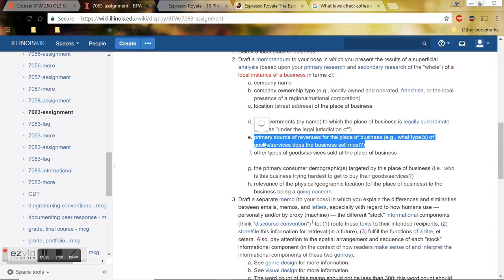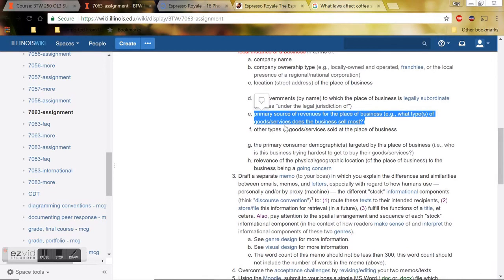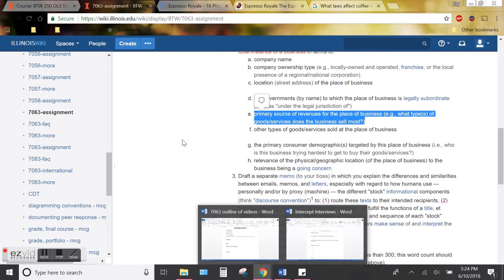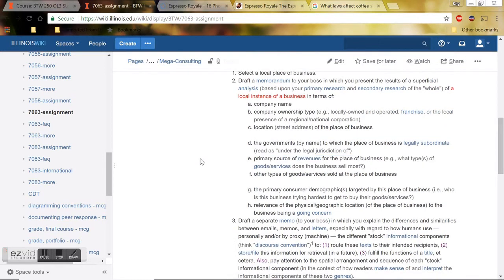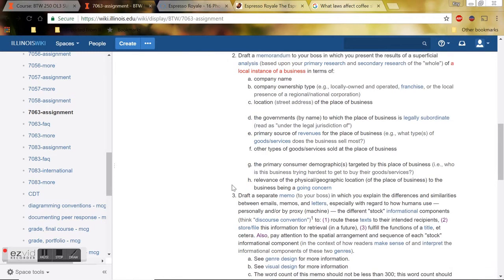So you can do this based off of your own judgment, or again, you could do an interview with one of the employees, asking them, what are your most popular items? What do people ask for the most? What causes people to want to come into the shop? I guess you could also, if you had the time, do a really broad survey and ask a whole lot of people why they go there, why they shop there, to try to come up with what is the primary source of revenue, even within coffee drinks. Okay, so that's a couple of different ways that I could cover the beverages or the products, what they're selling.